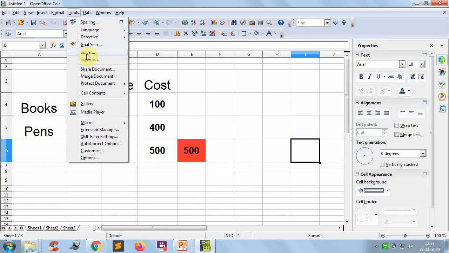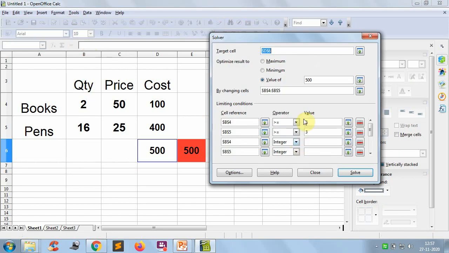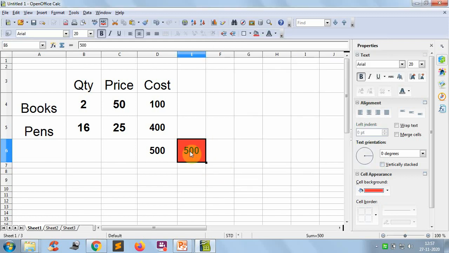For suppose, again go to the tools and solver, and here assume that I have selected the value as 1000, means our budget, our target output, is 1000 rupees.